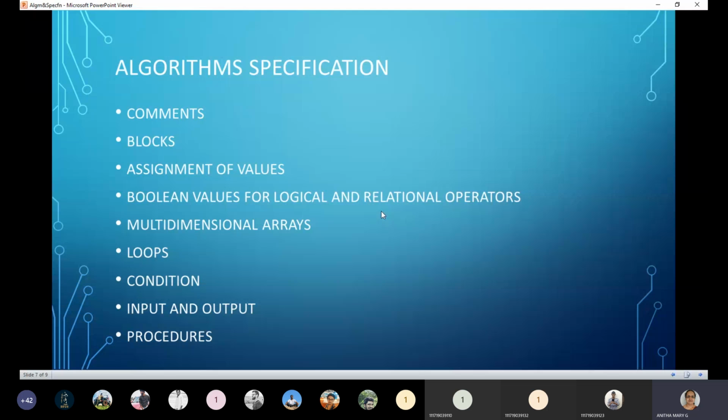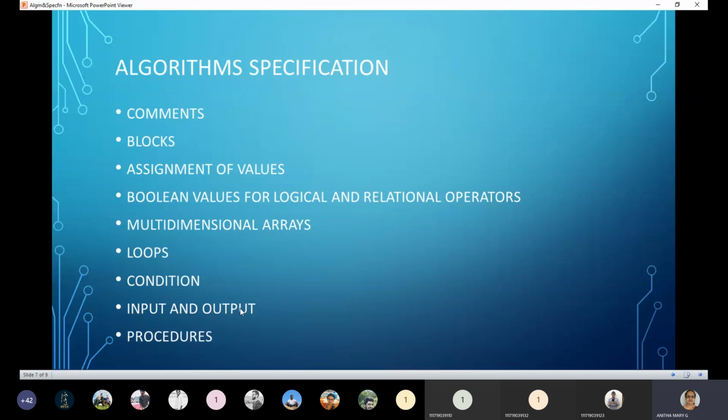Less than, greater than, the same symbols which are available on the keyboard. And then multi-dimensional arrays within the square brackets. And then loops: while, condition, do, and then block of code. And here conditions: if condition, statement. And after every statement, it should end with a semicolon.